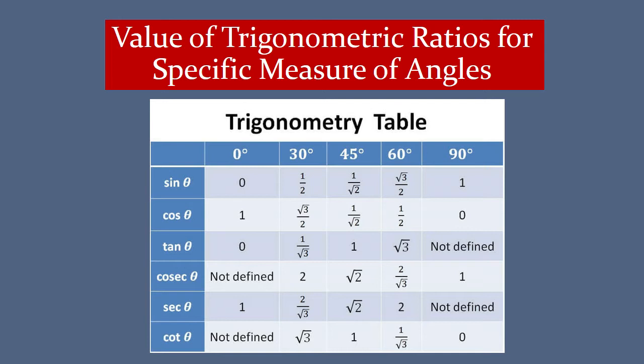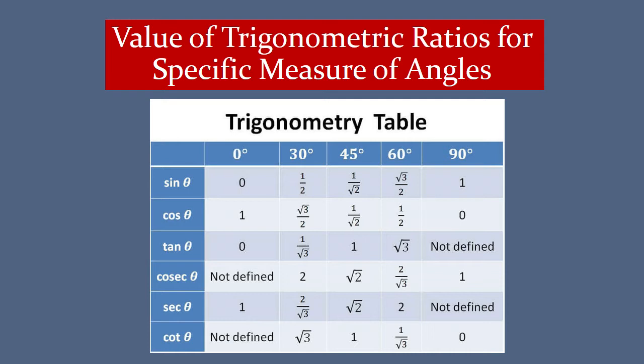Here 0, 30, 45, 60 and 90 are the measures of the angle. Now let us see cos theta. Cos 0 is 1, cos 30 is root 3 upon 2, cos 45 is 1 upon root 2, cos 60 is 1 upon 2, cos 90 is 0. Tan theta. Tan 0 is 0, tan 30 is 1 upon root 3, tan 45 is 1, tan 60 is